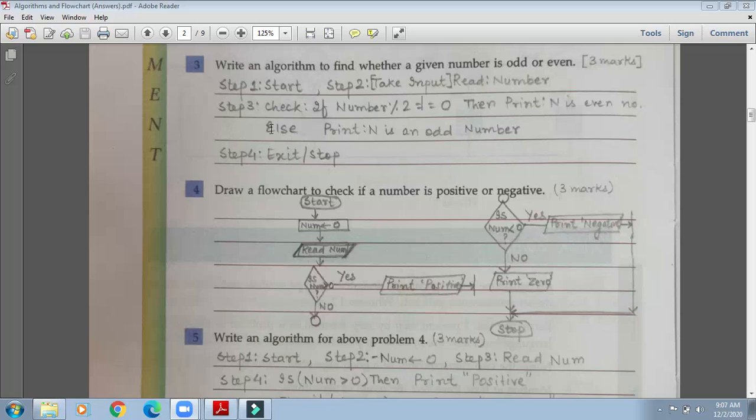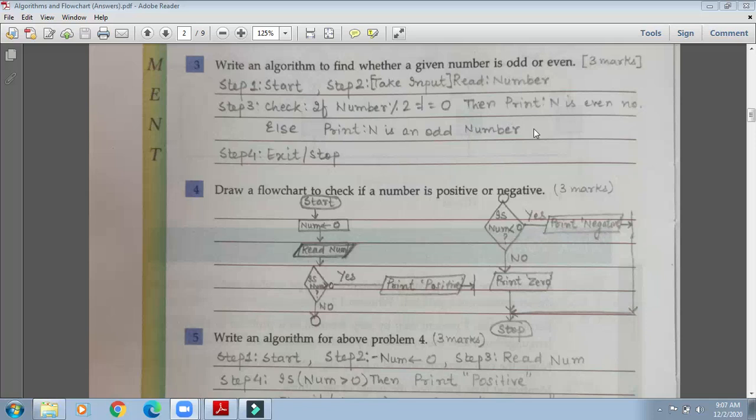Else, otherwise print n is an odd number, if the remainder is not 0, if the remainder is 1. Okay, it means that the number is not totally divisible by 2, so it is an odd number. So else print n is an odd number.